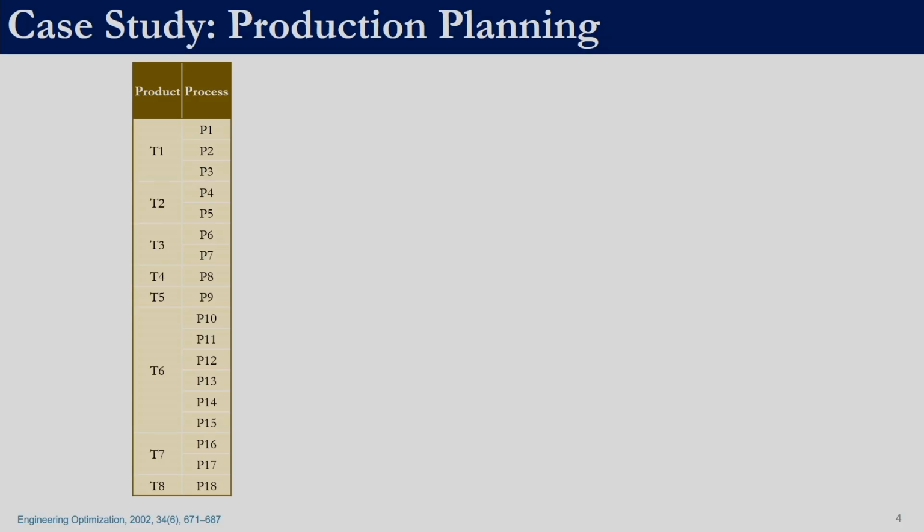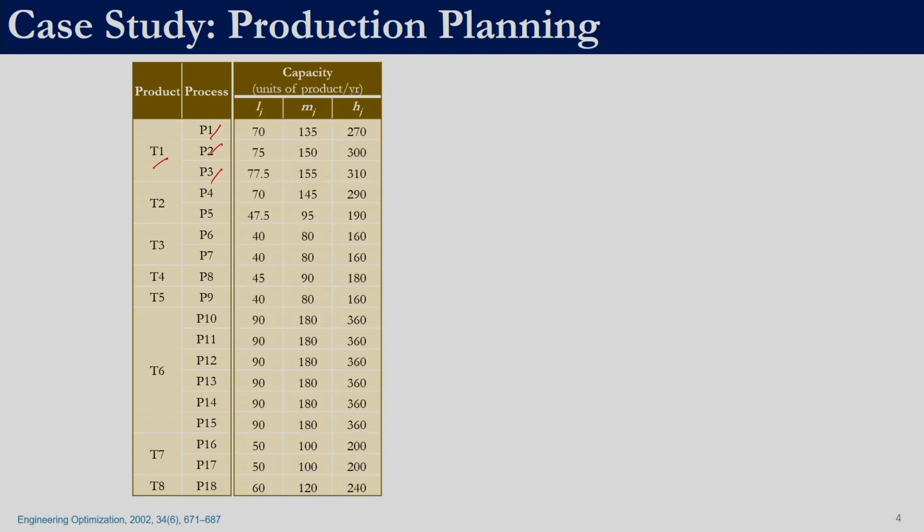Here they have 24 products. As of now, in this slide we have shown you only 8 products. T1 to T8 are the products. T1 can be produced by P1, P2 and P3. All the 3 processes are capable of producing T1. So, we may choose to produce the product T1 from P1 as well as P2 as well as P3. As of now there is no requirement that a product has to be produced from only one process. All these 3 processes are capable of producing it. If required, we can use all the 3 processes.